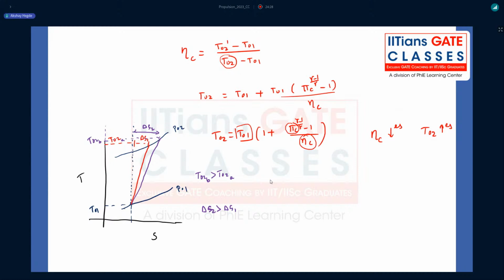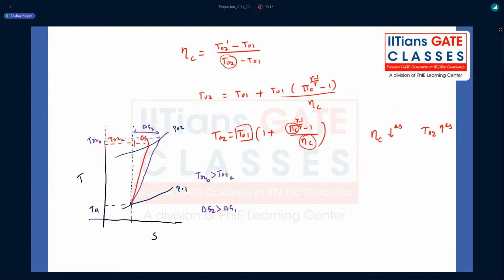right? So now delta S2 is greater than delta S1. That means the irreversibilities in the system are more now. That is going to contribute towards the loss, definitely. And what else you can observe from here? What exactly it means? That means my compressor has to do much more work compared to its ideal counterpart, right? To overcome this loss and to get the same pressure head,